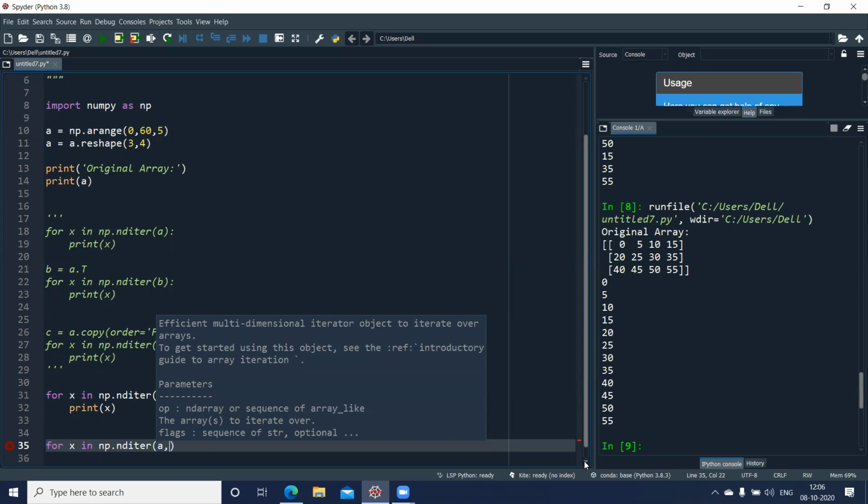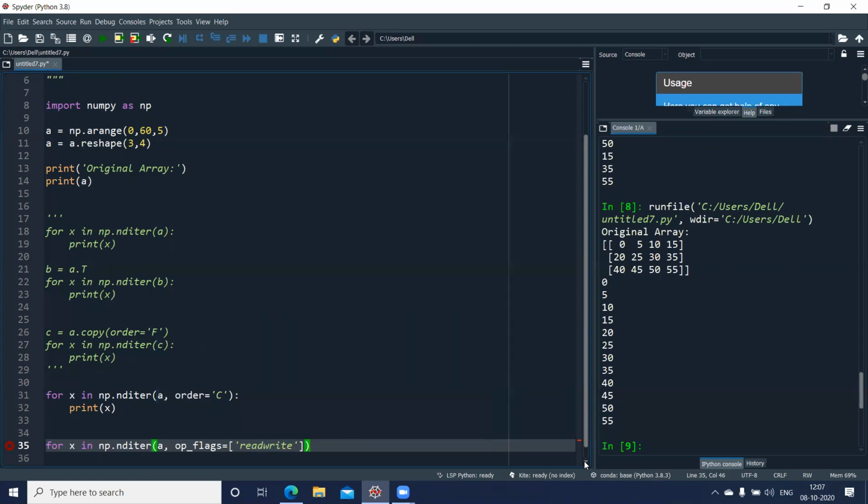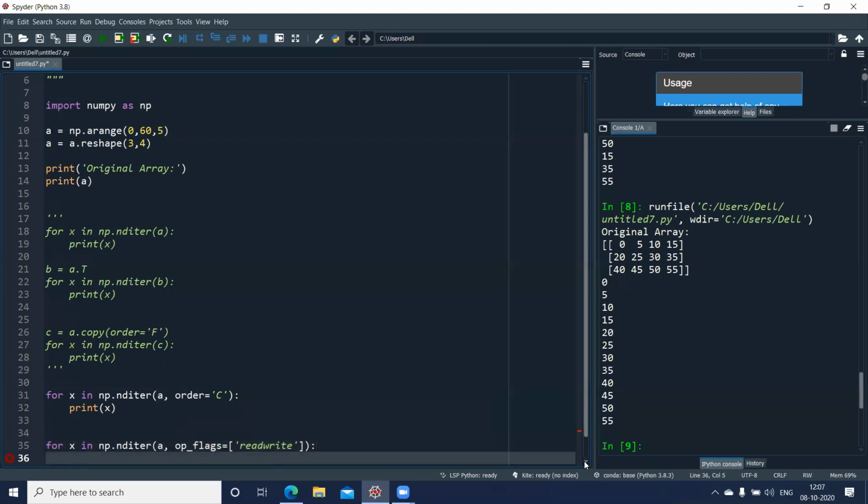So the array which I want to modify, comma, then we have this option op_flags, one of the parameters of nditer, which can be written as equal to, and I have to mention it in square brackets. In single quotes, I can write readwrite. So I'll be able to perform any modification to my elements.